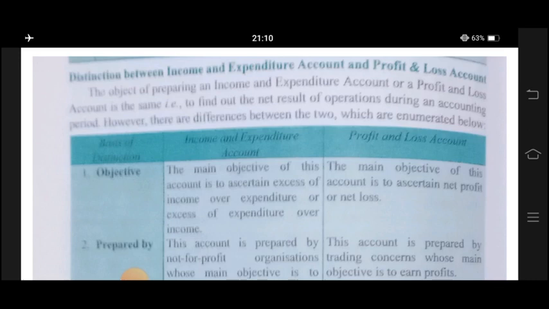But when we talk about the profit and loss account, it ascertains the net profit and the net loss. It doesn't matter, it doesn't focus on the surplus or the deficit of any side. It is primarily concerned with the calculation of profit and loss. लेकिन जब हम बात करें इनकम एंड एक्सपेंडिचर की, तो ये इनकम एंड एक्सपेंडिचर प्रॉफिट एंड लॉस शब्द को यूज़ नहीं करता, बल्कि ये सरप्लस और डेफिसिट से रिलेटेड शब्दों को यूज़ करता है।